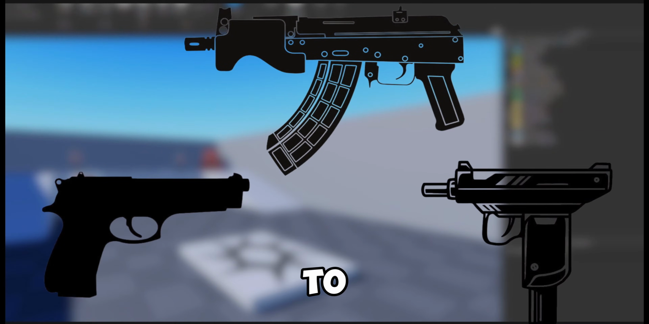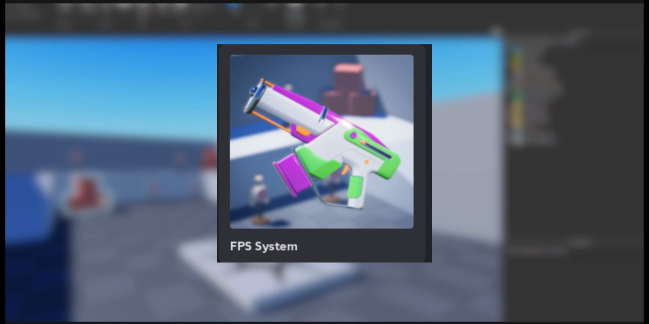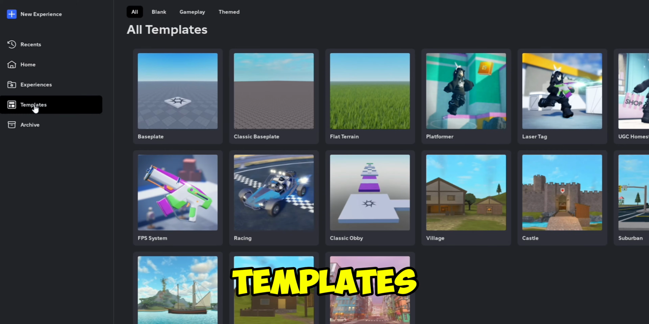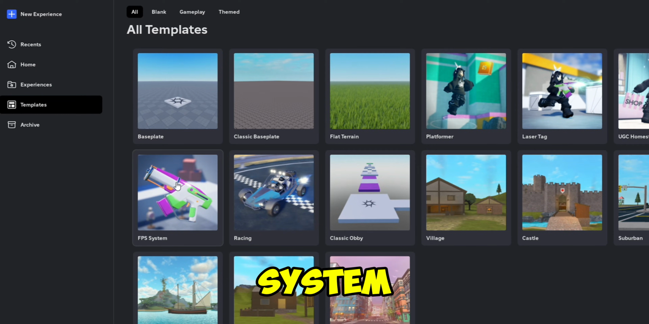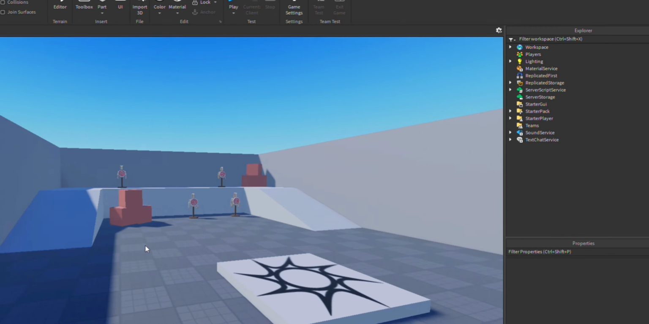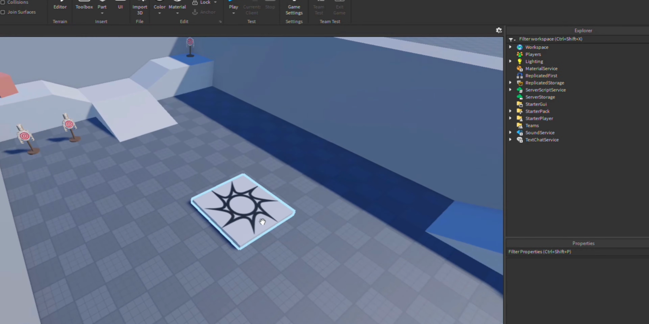Today, I'm going to be showing you how you can add your own custom guns to the Roblox FPS template. To begin, open up Roblox Studio, click on Templates, and then click on the FPS system. Once you have it open, you should see a small base plate with a spawn pad, multiple target dummies, and